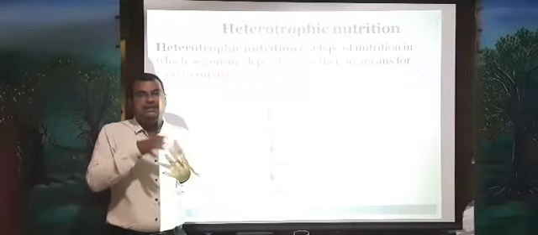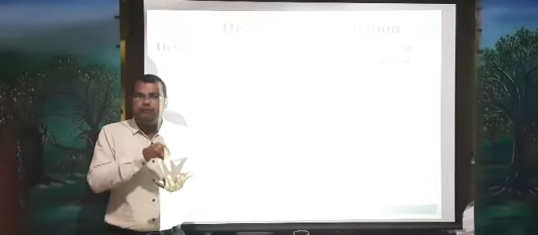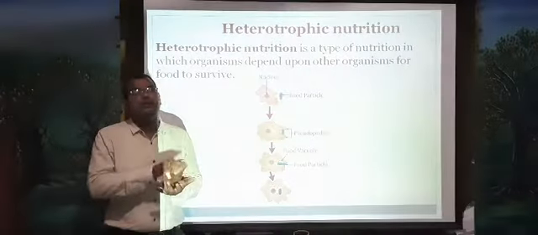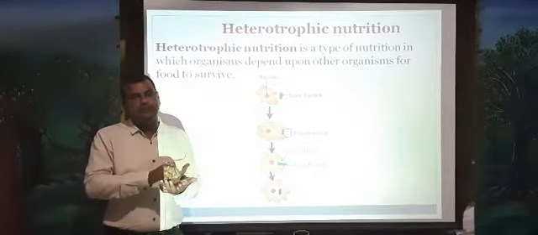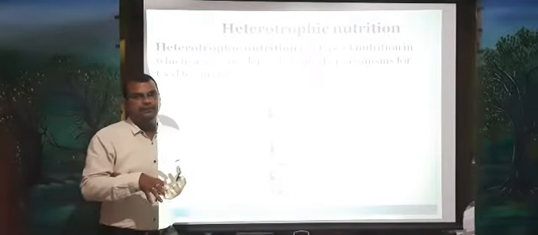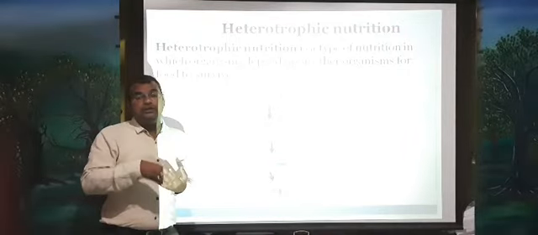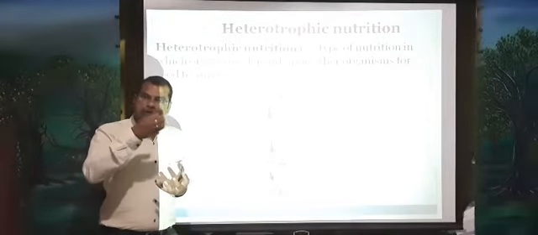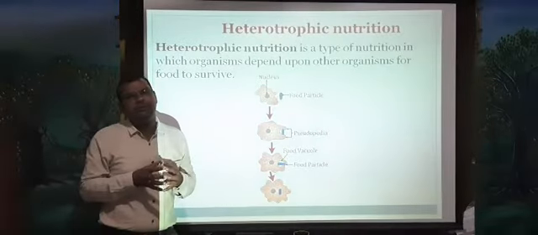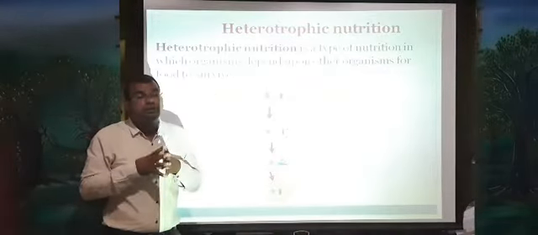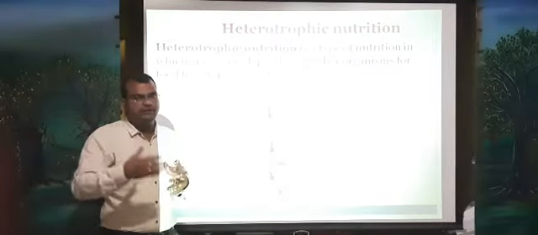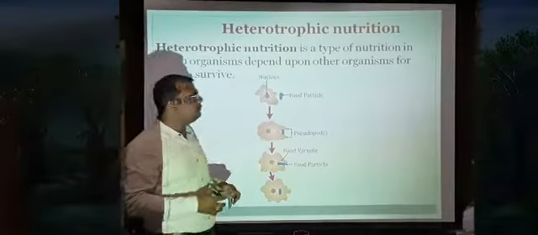Leech, have you heard of the leech? A leech is an organism which gets food by sucking the blood of others. Mosquitoes, for example, get food from animals by sucking blood. The mushrooms get food from dead and decaying matter. The tapeworm gets food from the host. So the way of depending for food is different in different organisms, but they don't prepare their own food. They are dependent on other organisms.